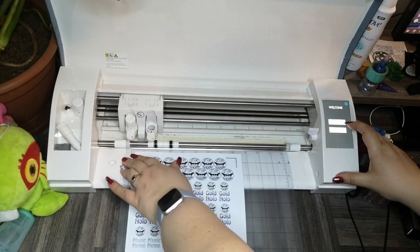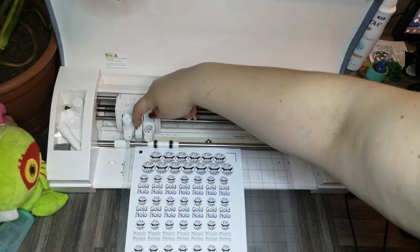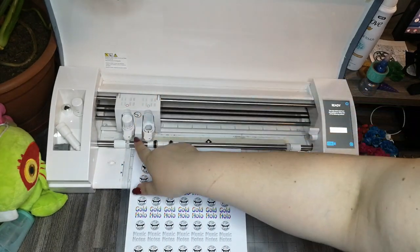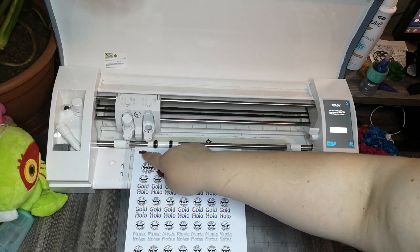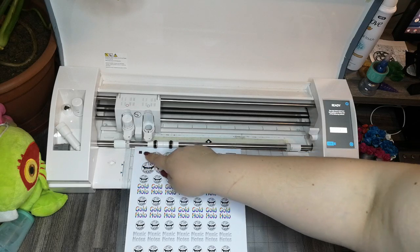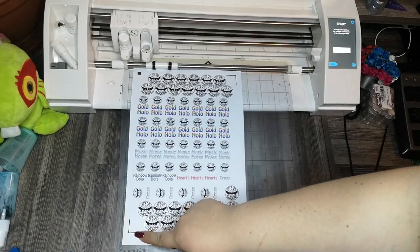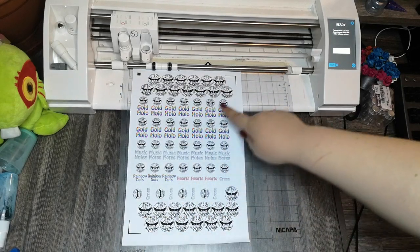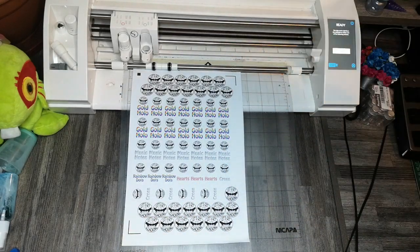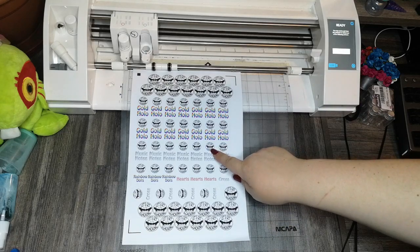Okay, what you want to look for is this little section. So this is where the sensor is at the bottom, and that needs to go over here. It'll come down and then it'll go across, and once it's gone over that section, it'll move down to the bottom and it'll scan over these as well. Then it'll move up to the top and it'll scan here. So if it doesn't scan over those 3 exact spots, your cut is going to be off,